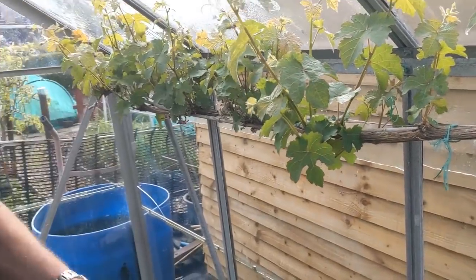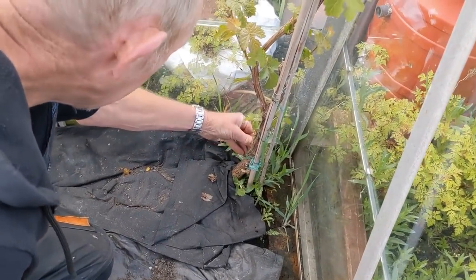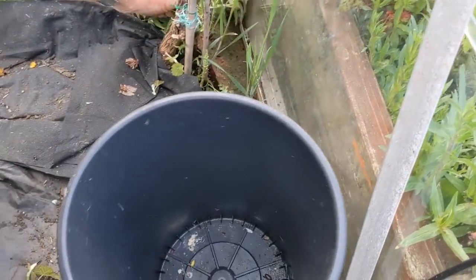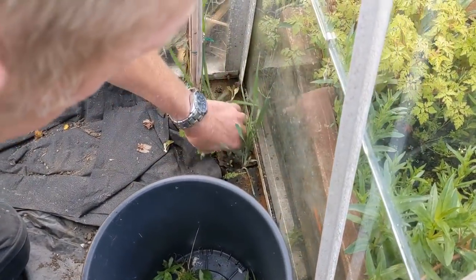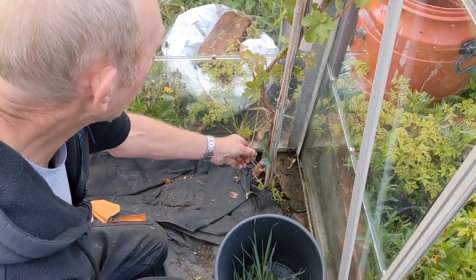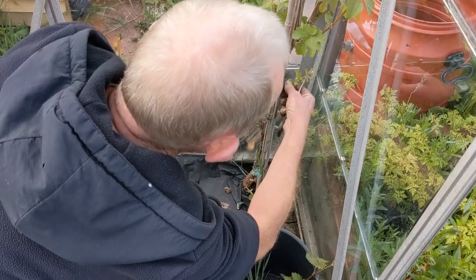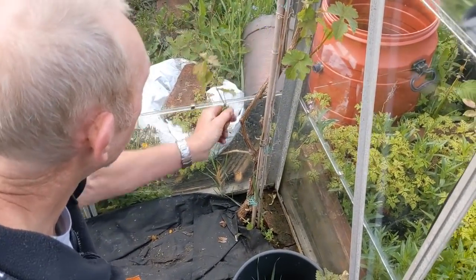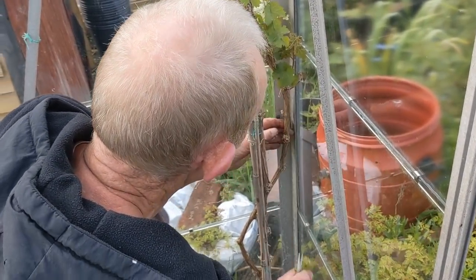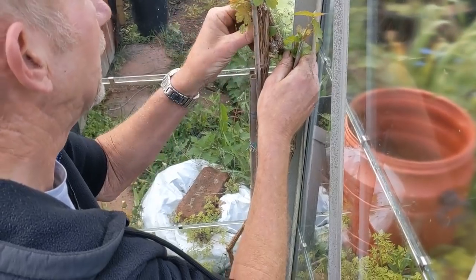Yeah, yeah. So we'll start at the bottom. And it's trying to send out loads of new shoots. So what we're going to do, all these new growths from here, we're going to take them all off. Because what your plant is doing is trying to establish new growth. And if you don't do something about it, it's just going to go wild. Go rampant. So we're taking all these side shoots that are young and soft, and we're just breaking